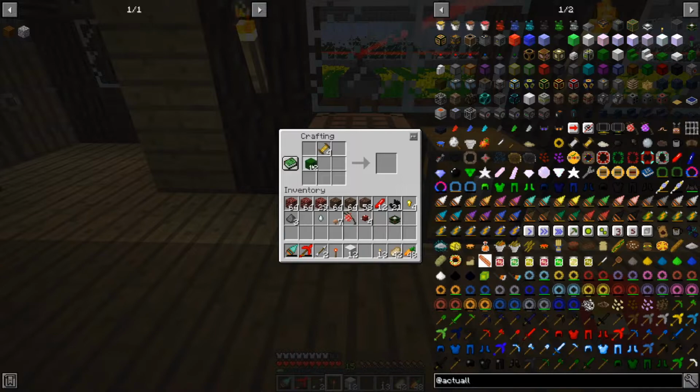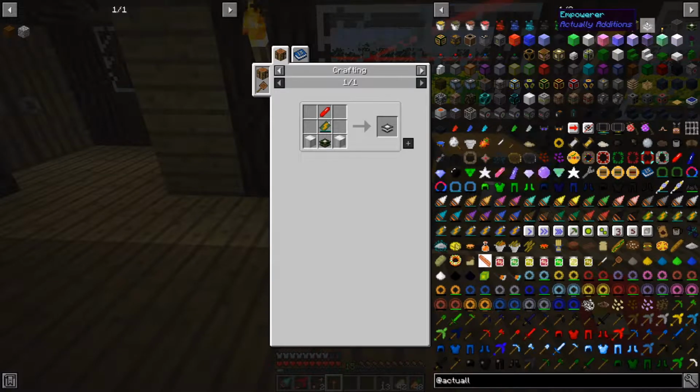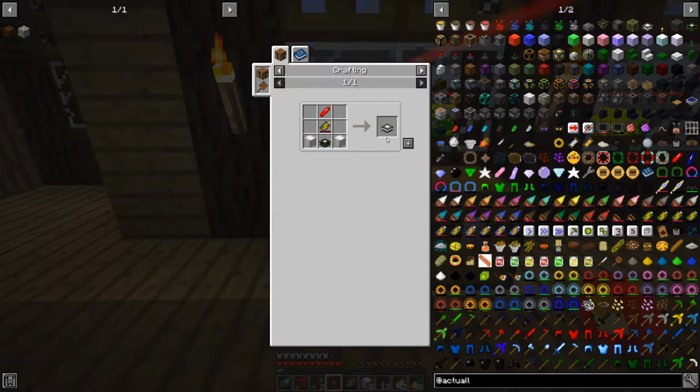Put these here, put these there. Last up. Boom, all the display stands we need. Awesome. Last order of business is to actually make the empower. So we're going to need a double battery, restoring a crystal, easy enough, and some iron casings. Not bad at all. All right, I went ahead and got everything crafted up, so we should be able to